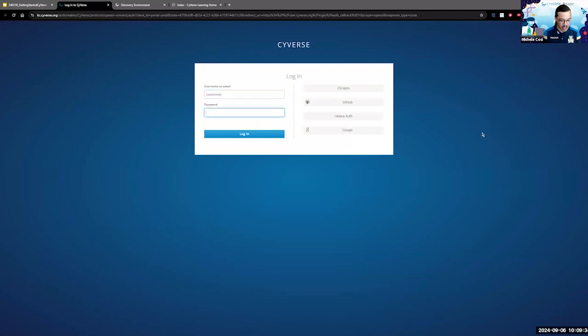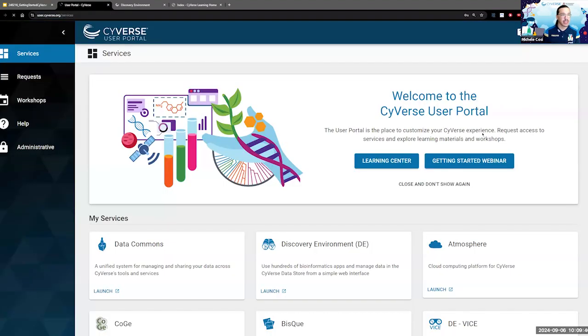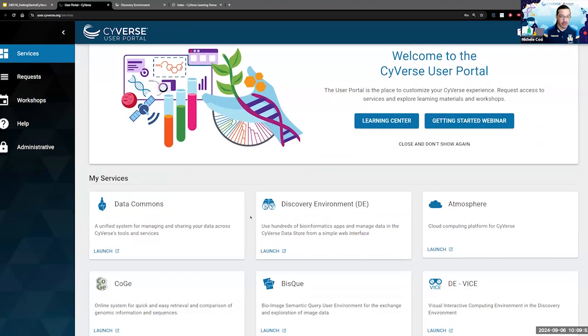I'm going to type in my CyVerse username and password and press enter. And this gets me to the CyVerse portal. The CyVerse portal is where you can launch some of the CyVerse services. And today I would like to point out first the discovery environment, which is where you do the science, and